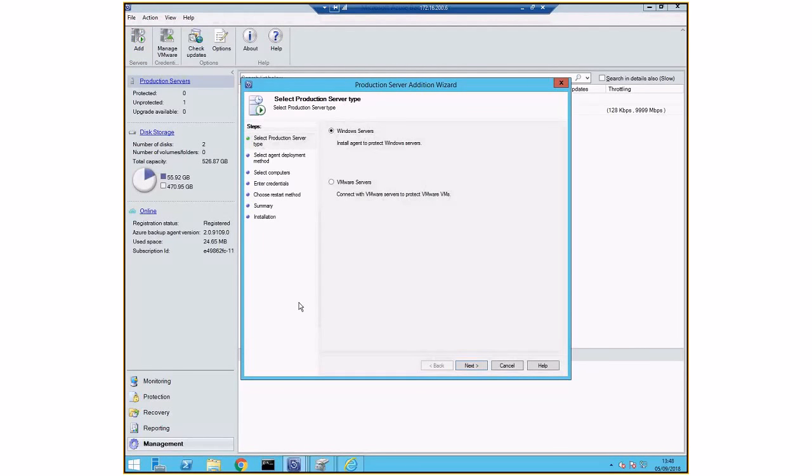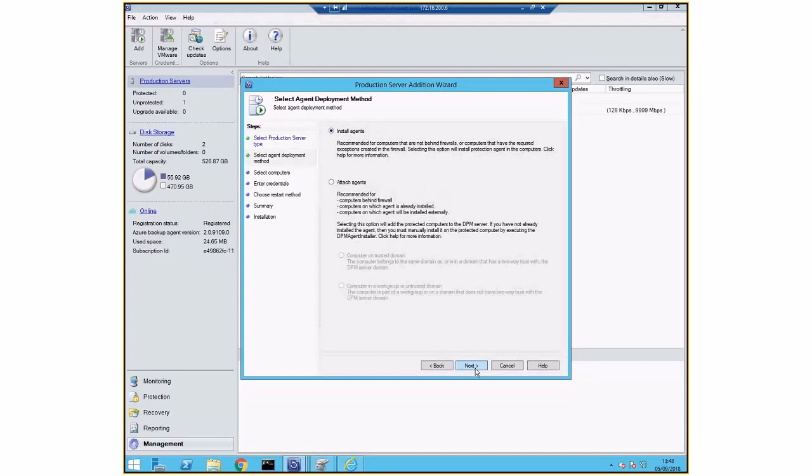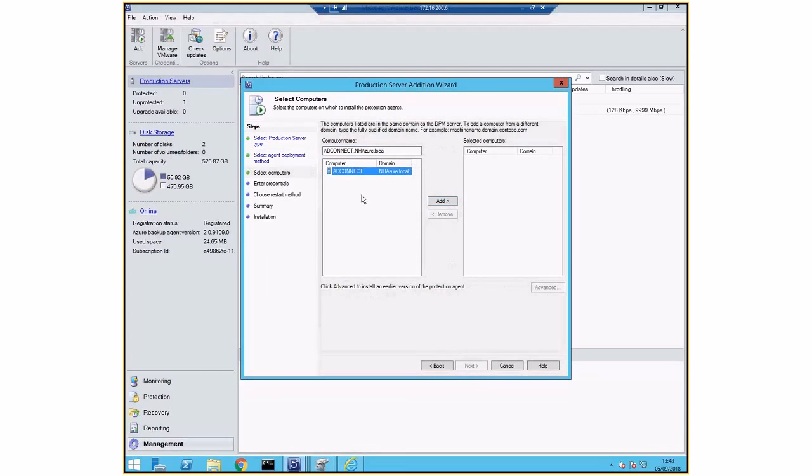This is the place for me to register new Microsoft servers. Then I can install the agent and select, for example, because I have a virtual machine, a server called AD Connect that is part of my domain, which is why it already picked up that name, and then I would just select the server and eventually install the agent.